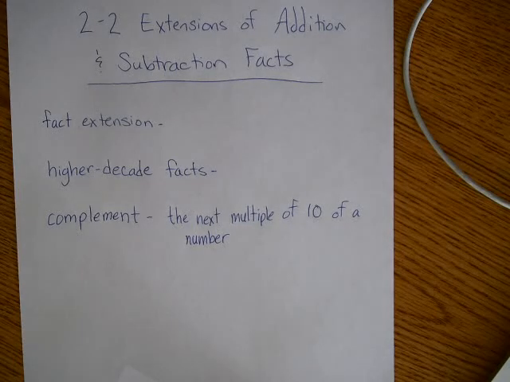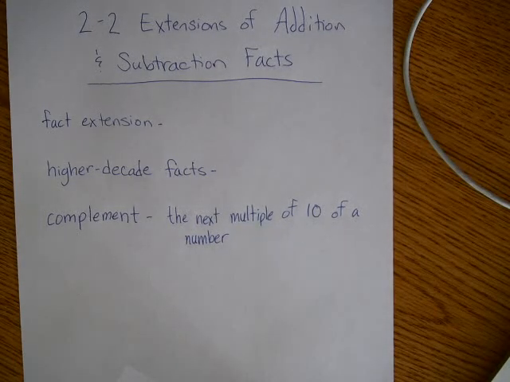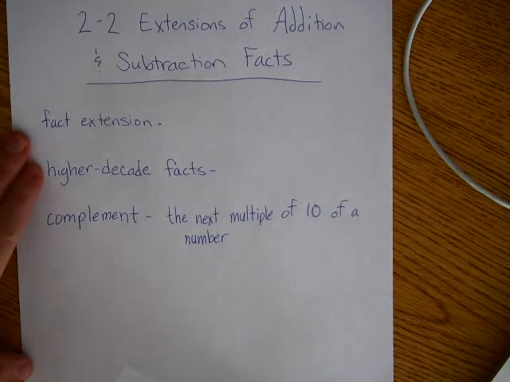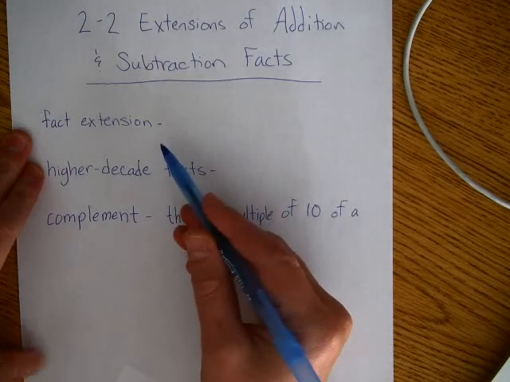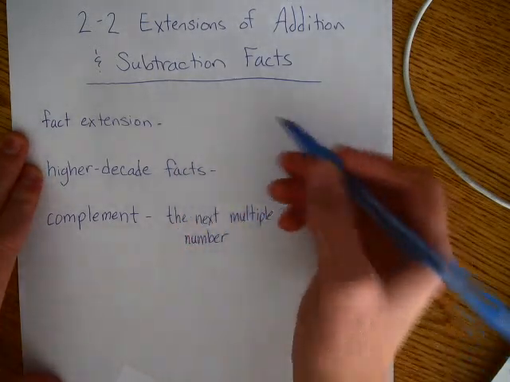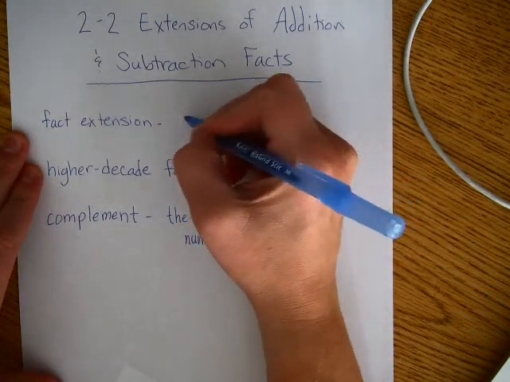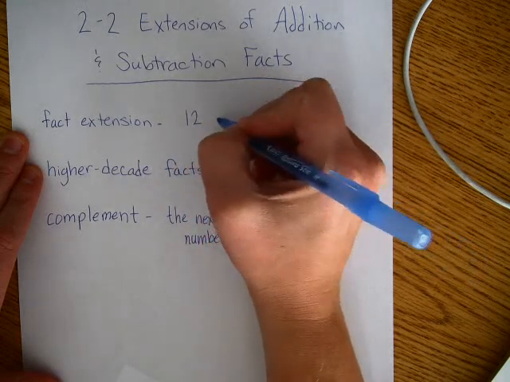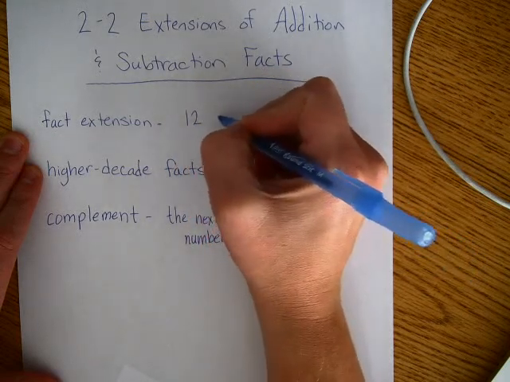This is lesson 2-2, extensions of addition and subtraction facts. We have a few vocabulary words to take a look at before we get started. The first one is fact extension. A fact extension is when you have a fact, let's say 12, and you can extend the